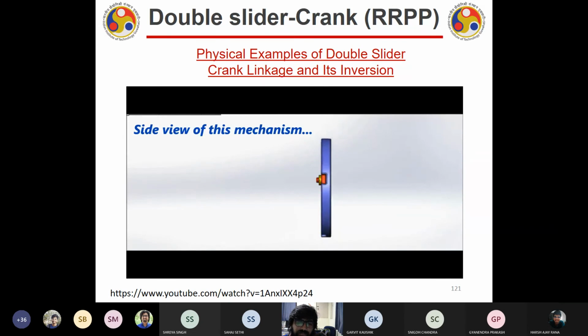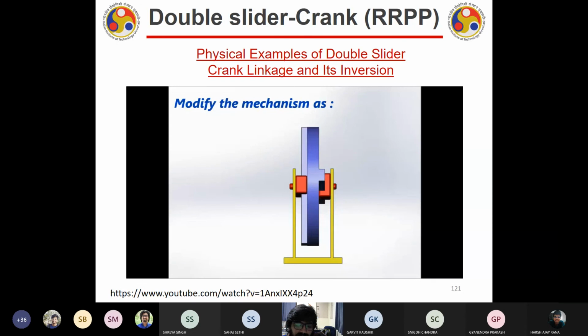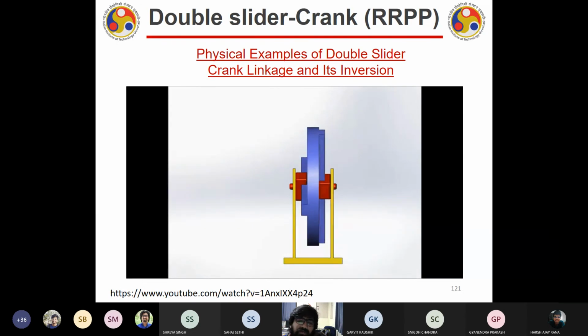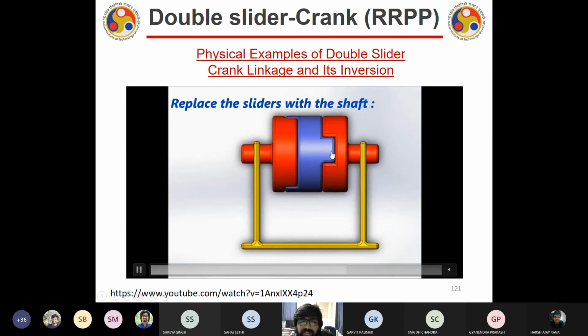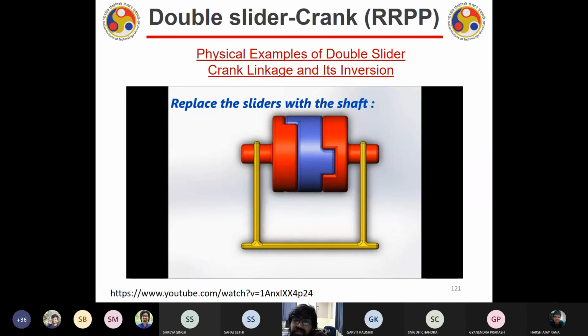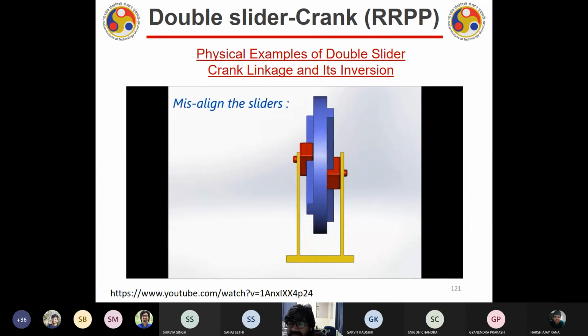This is the side view. Now what I'm doing is like this. The yellow link is still yellow, but it is a C kind of link, and there are two on the other end. Correct? When the axes of both are the same, then nothing will happen. It will move as it is, no issues. But if there is a mismatch in the axis, then something else is going to happen.